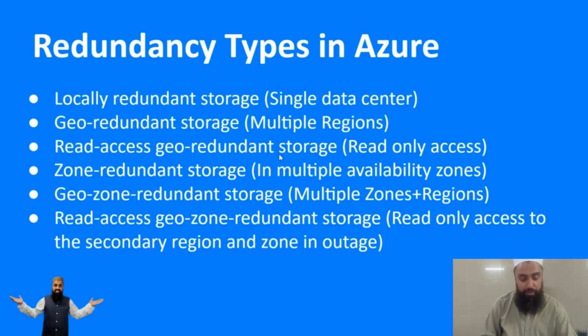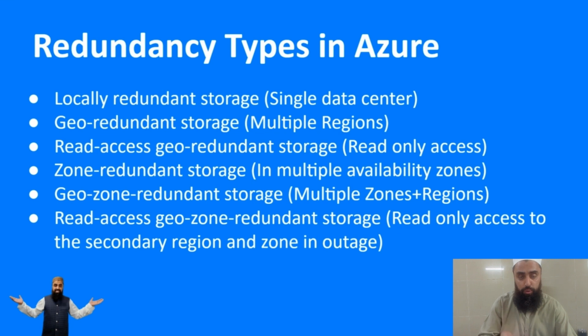So these are the types, and the most basic one is LRS, locally redundant storage. It means that our data would be on a single node, on a single storage point, in a single availability zone, and in a single region. So this would be cheaper. Now in the exams, you are going to be asked according to scenarios, and you have to recommend the